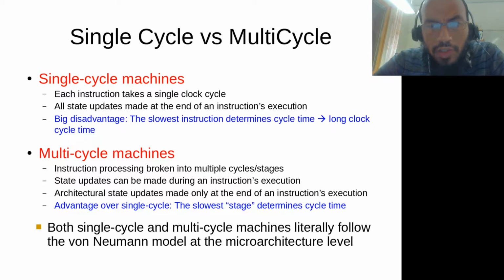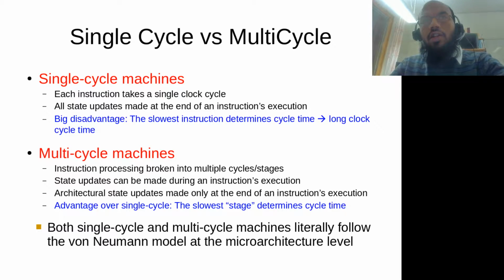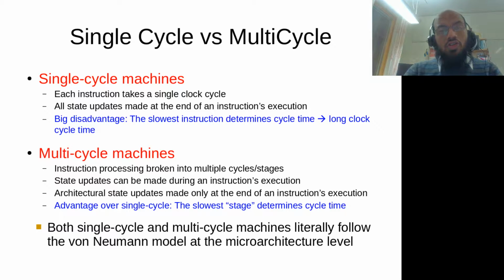So to sum up what I just said about single cycle versus multi-cycle machines, single cycle machines are basically slower. They need to have very basic operations, and both have huge disadvantages. I mean, we're talking really basic operations now. Multi-cycle machines are better in the sense that you can divide the instructions, and your slow instructions wouldn't get hurt in any way, but your fast instructions would absolutely run as fast as they